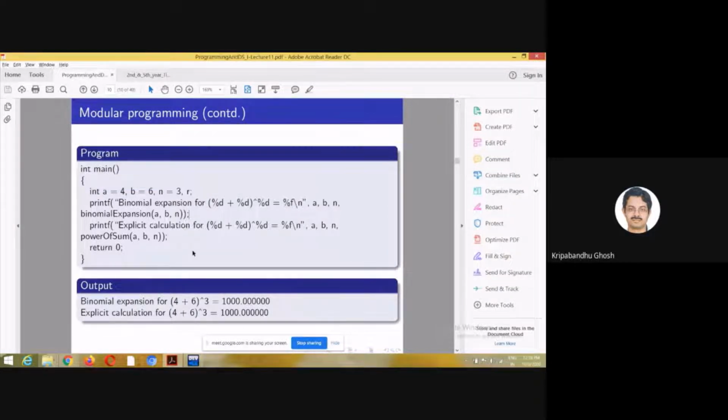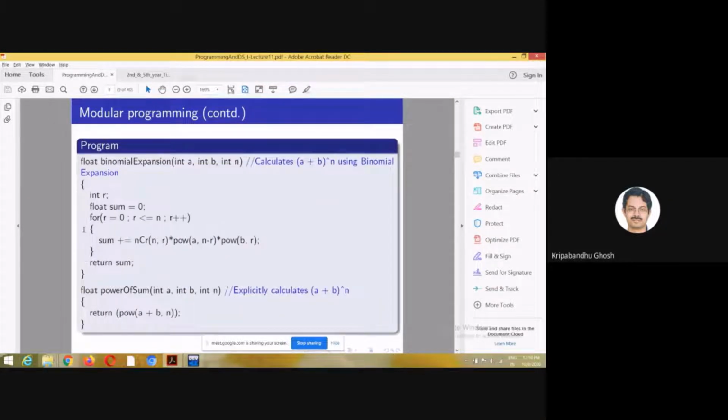And also after there is a jump from main to binomial expansion, it comes to this function and there is some operation, right? And there can be a return value, there may not be a return value. But even if there is no explicit return statement, the control has to come back to main, right?